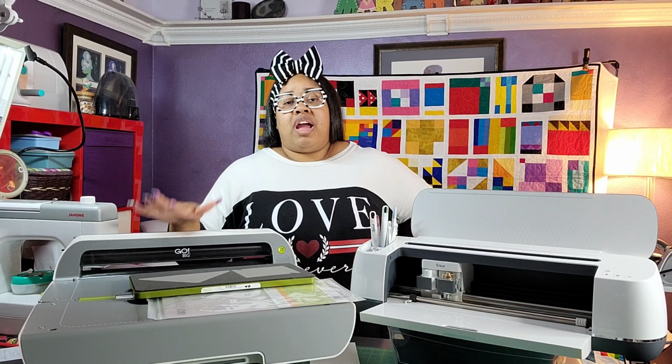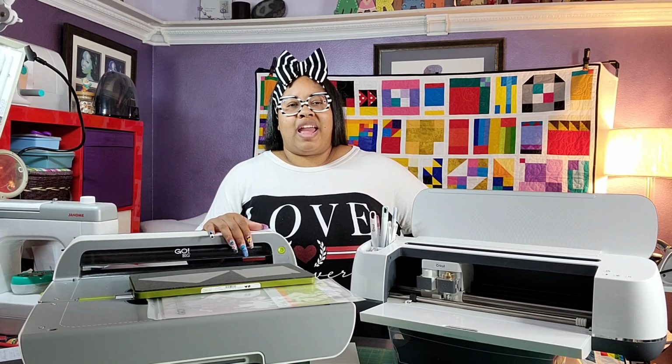This is an expensive machine for what it is. It's expensive. There's no way to get around it, but I like it. I'm happy that I purchased it. Do not purchase this if you're not going to use it, because you'll kick yourself and you'll see it in a corner, and I hate when I see these in the corner and people are like, I don't use it. They've acquired a few dies and they just...